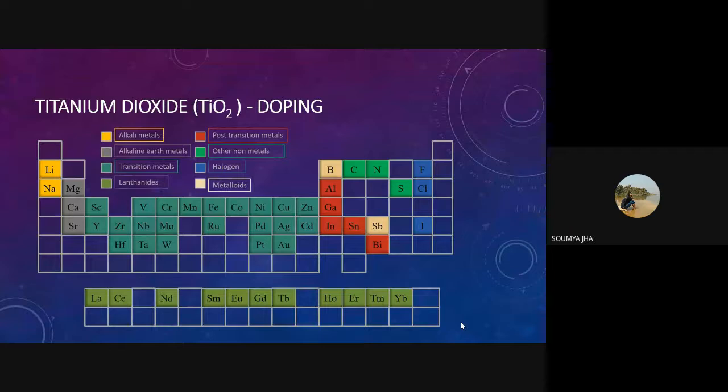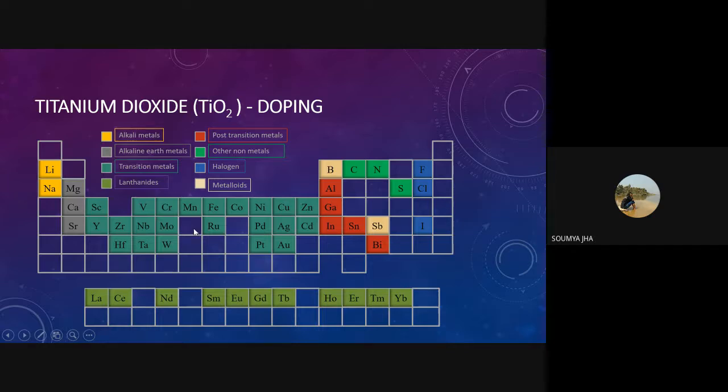now, one of the MTech students, Debanita, did a very good job in finding various kinds of doping materials that have been used in different fields. But in the supercapacitor field, it is still a very new concept. So these are the various elements till date that have been doped with titanium dioxide. And most of the elements which have been doped come from the